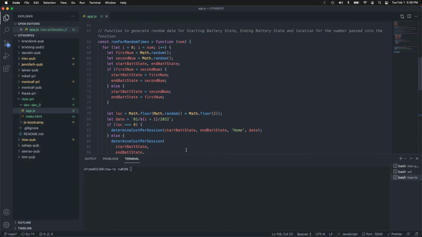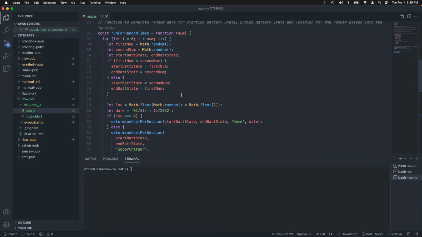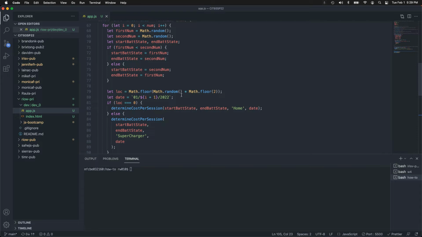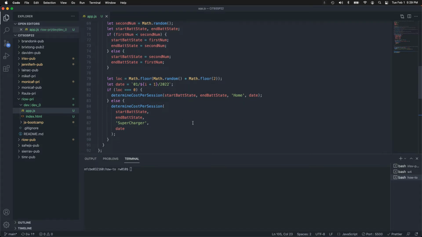Okay. So this one where I do a for loop, and I determine the first and the second number, what I needed to calculate my charging costs. And then I did a Math.random to figure location. I just did some dates. These are actually not JavaScript dates.